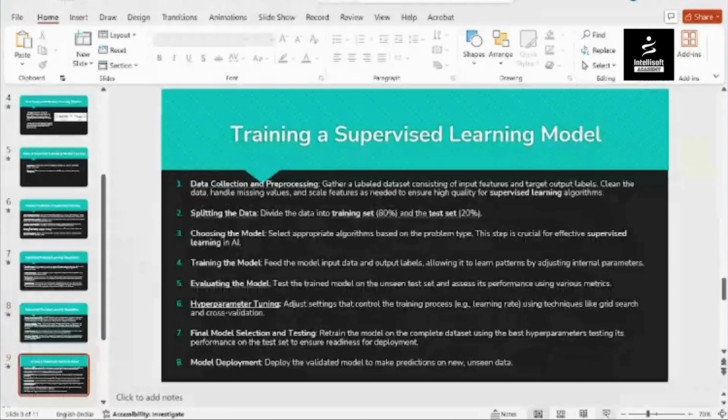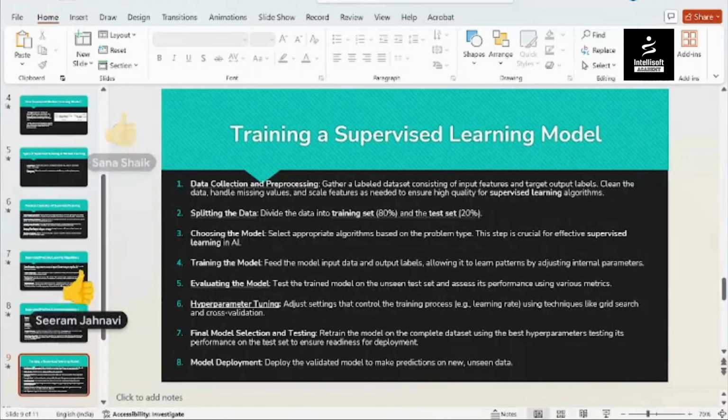Any doubts still here? Is the slide showing correctly? I am on the ninth slide. Is it showing the ninth slide? Okay, so any doubt till here? If not, thumbs down. If you have any doubt, write in the chat box. If you're not willing to start your mic, just write in the chat box.